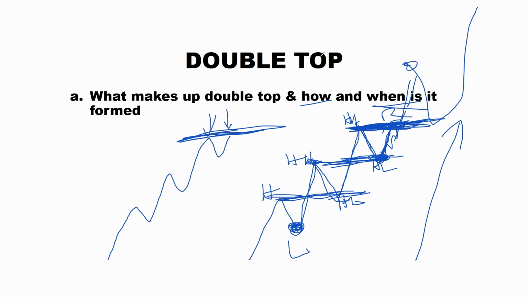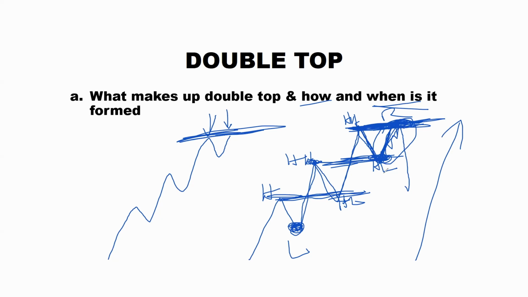Now, how do we determine that it is going to fail to break here? If, let's say, there are 3 sellers here and then there are 5 candles in this distance. This shows that these 5 buyers have failed to take out the 2 sellers here. That shows that there's a loss of momentum in here. So there are higher chances that sellers, when they reach here, they're going to come back down and break this